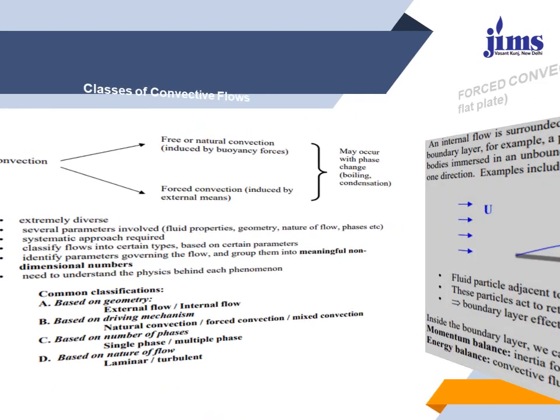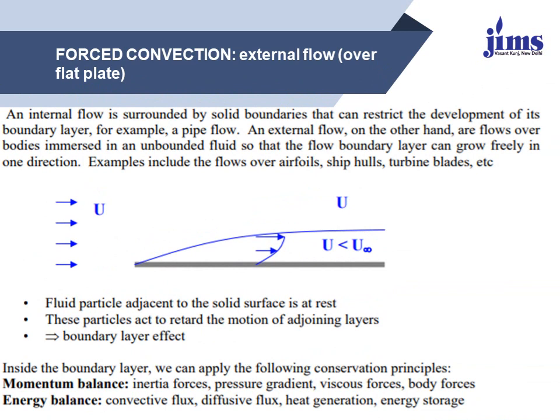So the forced convection, or we can say the external flow over a flat plate, is as shown in the figure. This is a flat plate over which cold water or cold air is flowing and the boundary layer is developed. There are two types of boundary layer. The first is known as the hydrodynamic boundary layer and the second is known as the thermal boundary layer, and this profile is known as the velocity distribution profile, where u infinity is the free stream velocity at the upper edges.